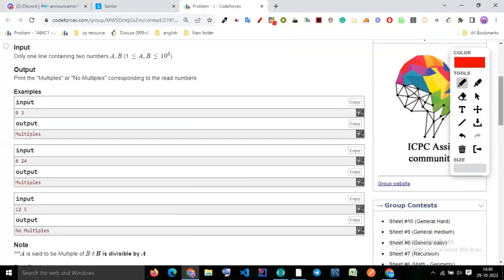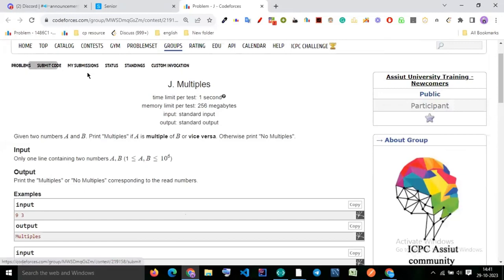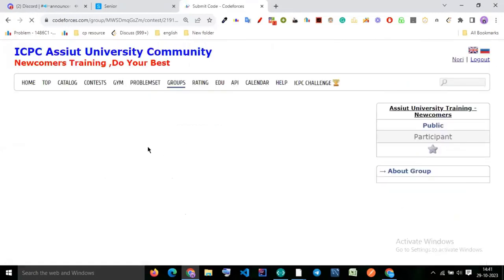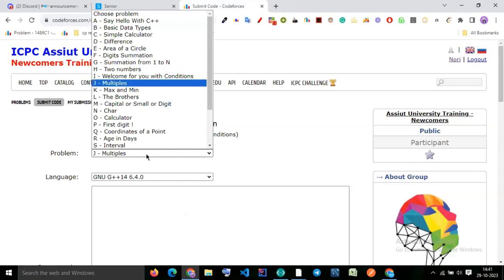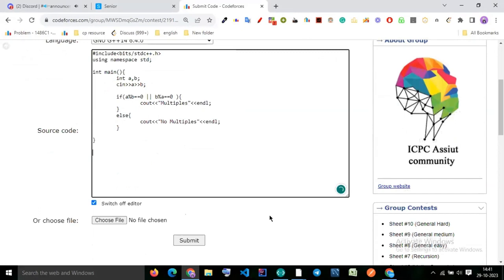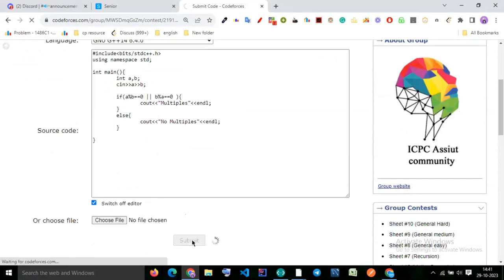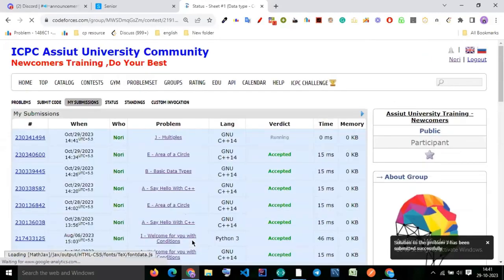So let's try to submit the code. So when you are getting AC,